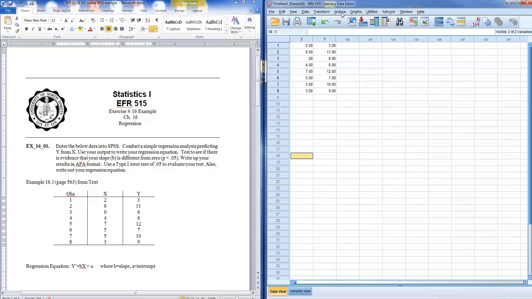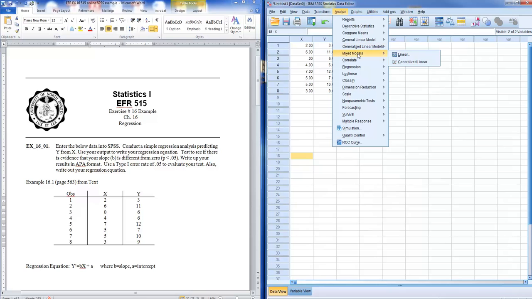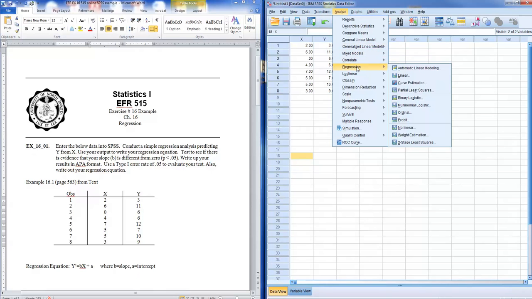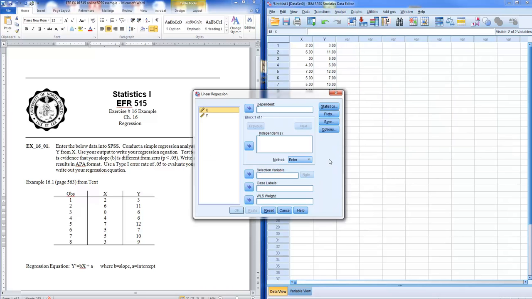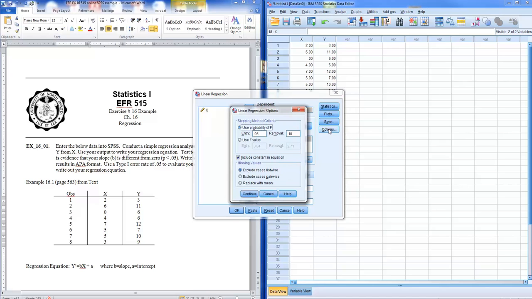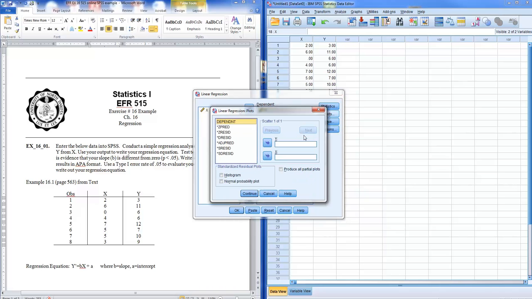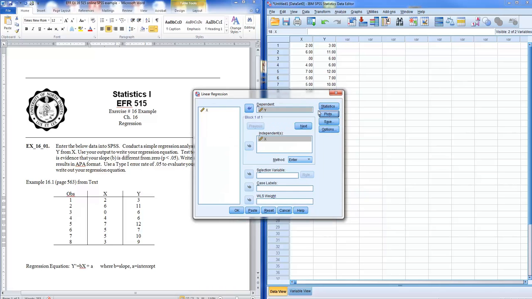And to do this, I'm going to go to Analyze, Regression, and I'm going to go Linear Regression. And that's linear in the parameters. The independent variable here is X, so I'm going to click on X, bump that into the independent, and the dependent variable is Y, because I'm trying to predict Y with X in the equation. And for now, that's all we need in our analysis. Obviously, there's some options we could work in over here and plots of residuals and the like, but that's all we need for now. So I'm going to go ahead and just say OK,